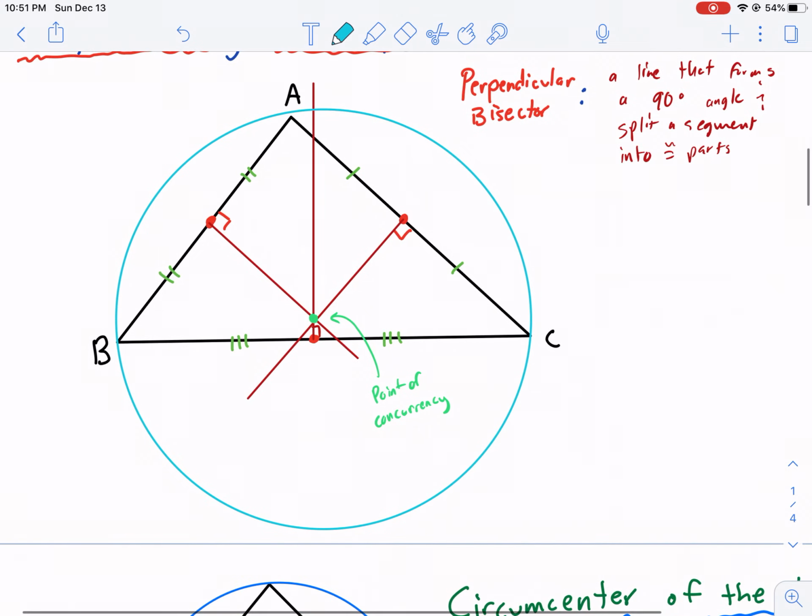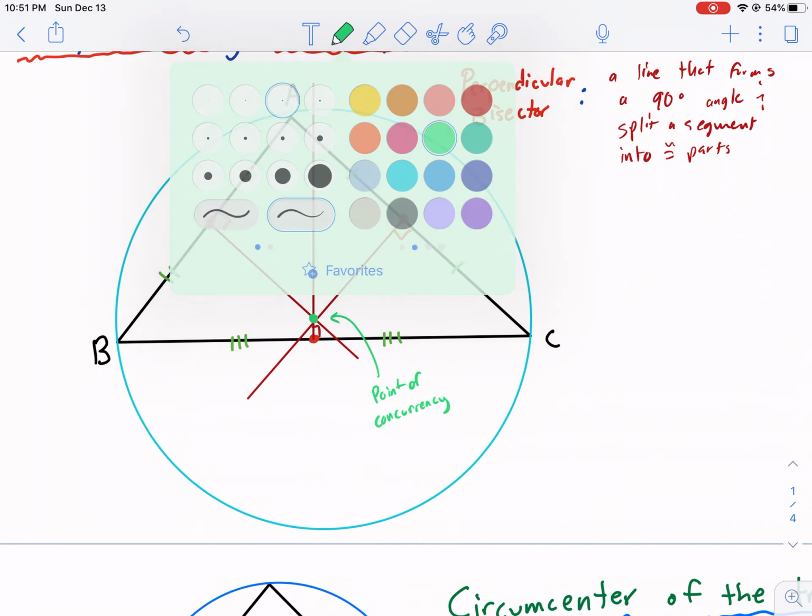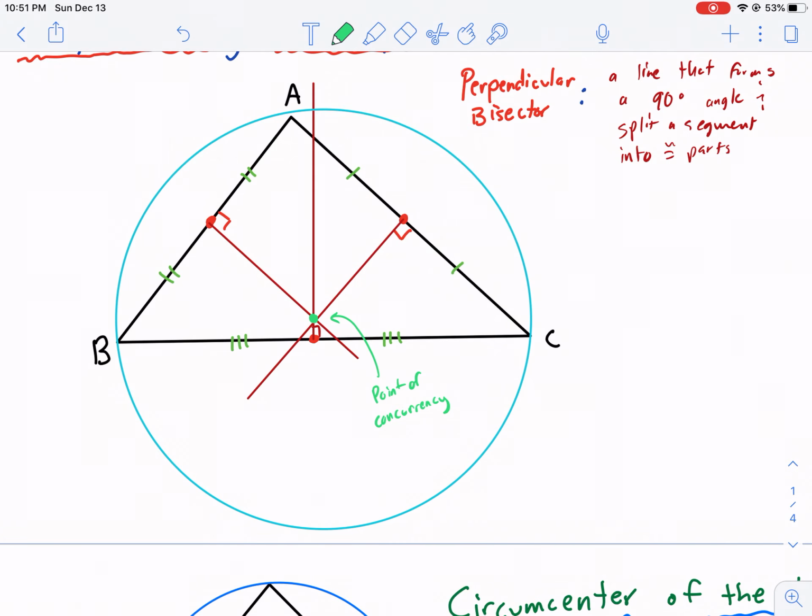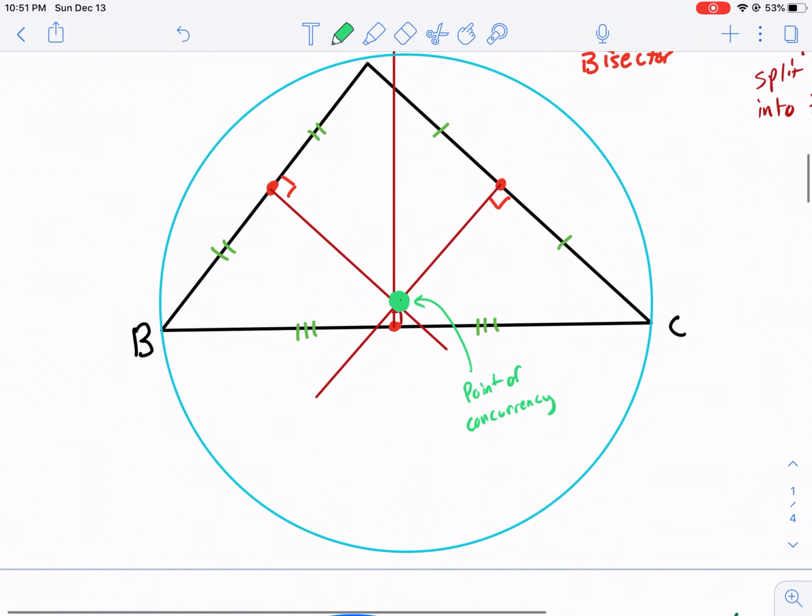So I did that. Now, what do you notice about the point of concurrency? And again, this isn't exact because my circle's a little off, but what do you notice about this point of concurrency here? Hopefully what you'll notice is that this is the center of the triangle. So the point of concurrency